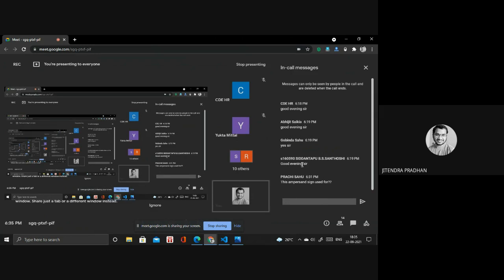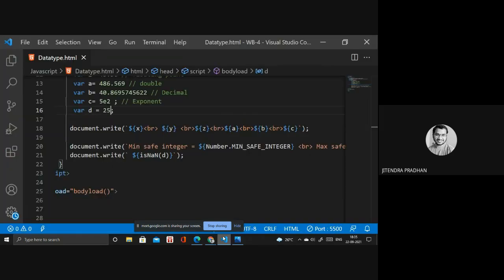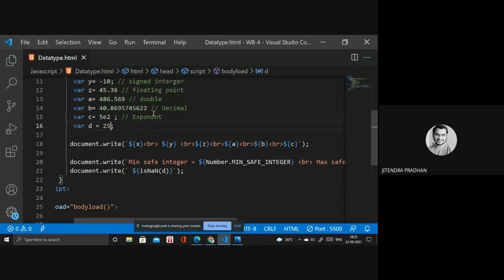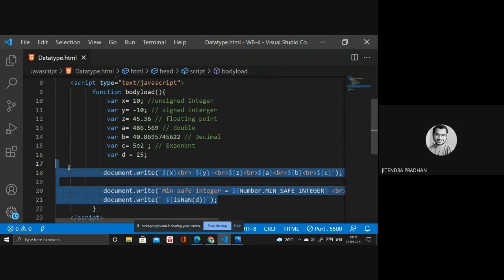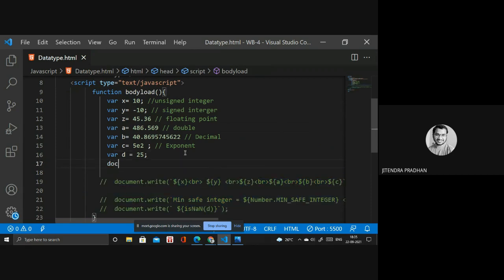No worry. The first thing is single quotation. We basically have single quotation, double quotation, and backtick in the string type. First, if I want to print something from a particular variable, I need to use document.write, and I have to use single quotation inside that. This is my single quotation.